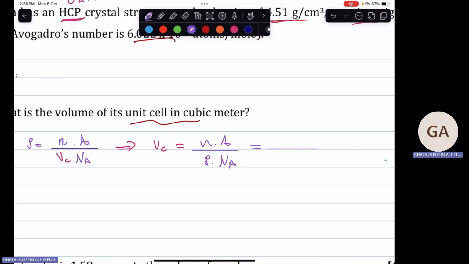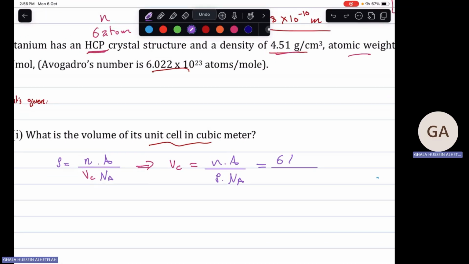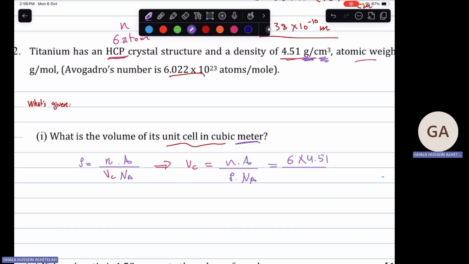Okay, we are going to have 6, the number of atoms, multiplying by the atomic weight, which he gives us, over the density, which is 4.51. Of course, the unit here is grams per centimeter cubed, so we have to convert it at least, because he needs it in meters. Okay, and also we know that the density is equal to